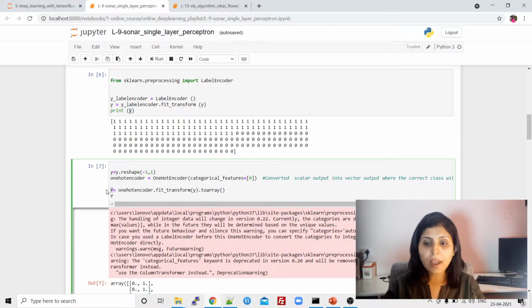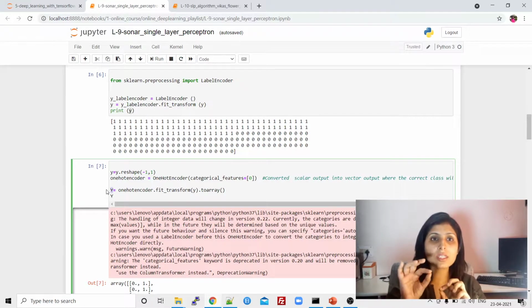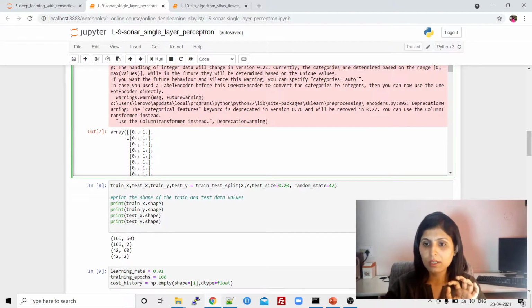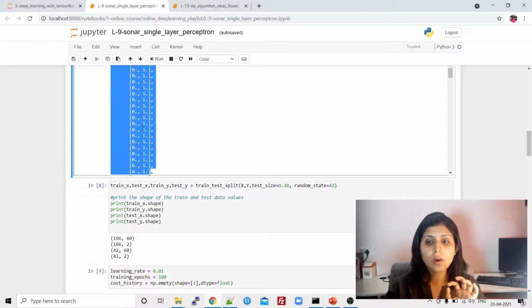This time I have used a capital Y variable. This capital Y variable is the variable which has the output classes data, right? Let's see how it looks. See, we have output in the form of 0 and then comma 1. This simply means we have two separate columns. One column is for the rock class, one column is for the mine class.